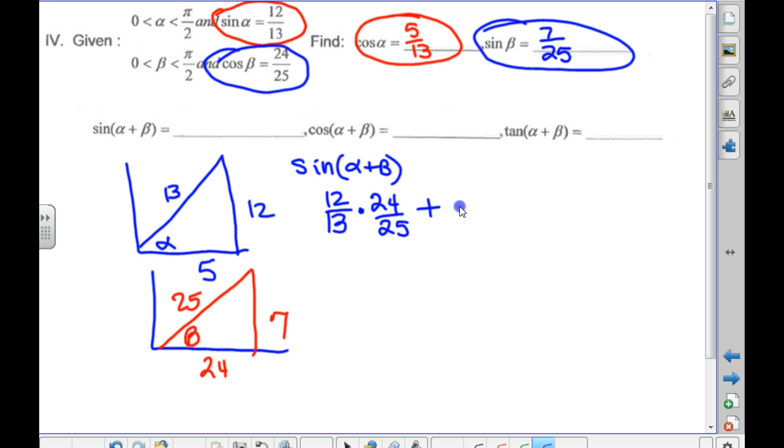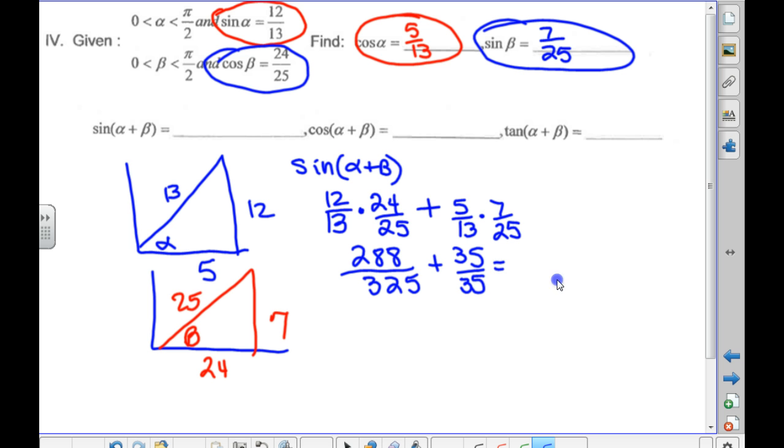Plus cosine of alpha, which is 5/13, times the sine of beta. Where am I getting that stuff that I'm just making up? Off the identity sheet, right? Everybody okay? All right. This is 288 over 325, thank you, plus 35 over 325, which is,